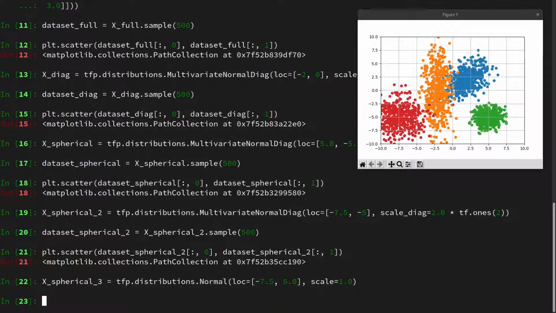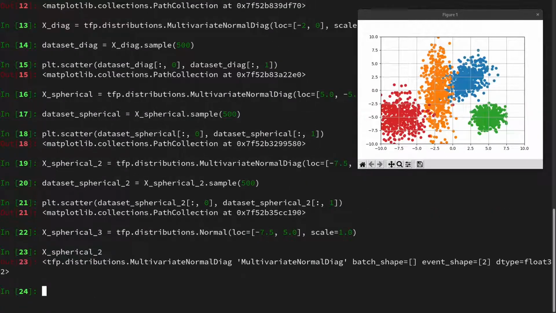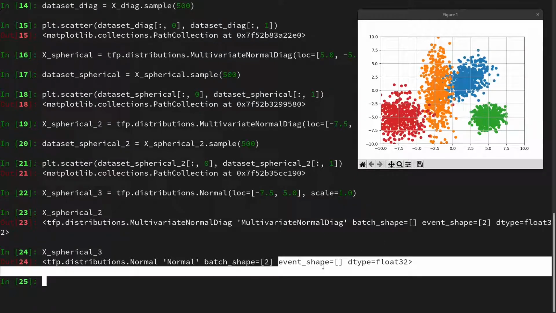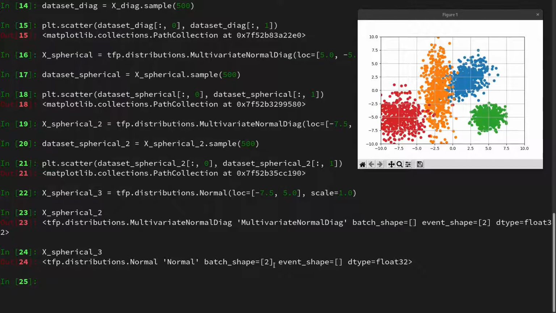The big difference is now, if I look at spherical 2, the one from the multivariate normal diagonal, it has no batch shape and an event shape of 2. So it is a 2-dimensional distribution, but we only have one of it at the same time. Whereas if I look at spherical 3, I have an event shape of 0, like a scalar event shape, and a batch shape of 2, because I'm evaluating 2 univariate normals at the same time. If I were to sample this one and then plot, this would actually work. In this case, we can interchangeably use batch and event dimensions. However, it is nicer, especially if we want to query probabilities and so on, to have a perfect match of the